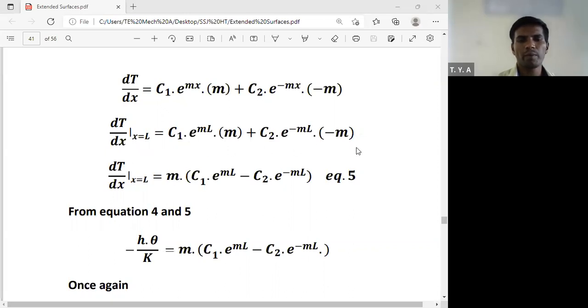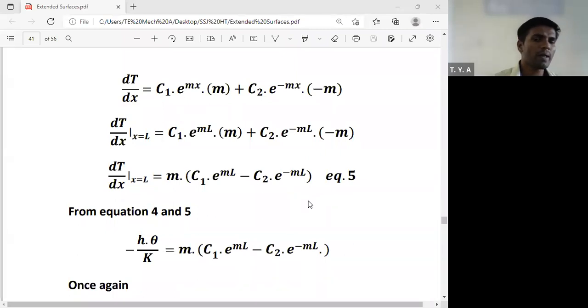Okay, take the m as common. So therefore dT by dx at x is equal to L, m into bracket c1 e raised to ml minus c2 e raised to minus ml, and this is the equation 5. ओके. इक्वेशन 4 पण आपण फाइंड आउट केलेलं आहे, dT by dx at x is equal to L. Now we have calculated the equation 5, that is the same dT by dx at x is equal to L. So in equation 4 and 5, left hand sides are same, so therefore we have to equate the